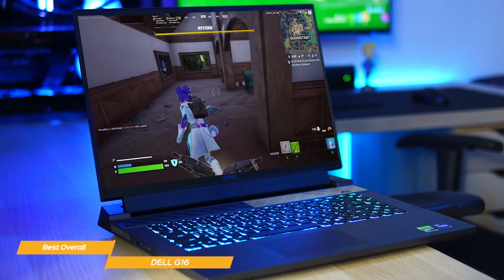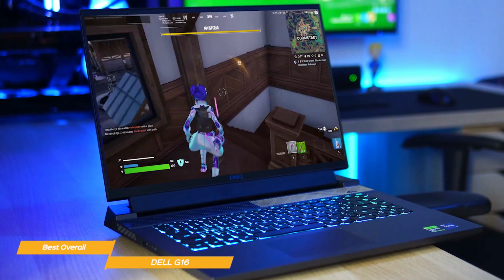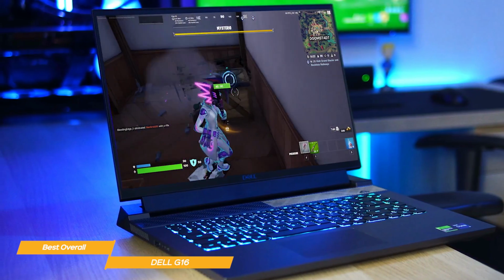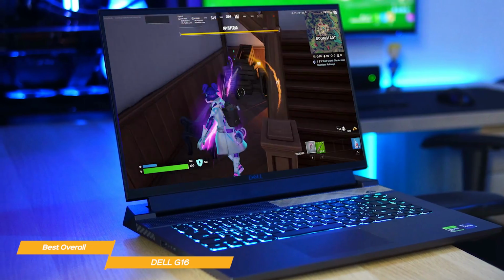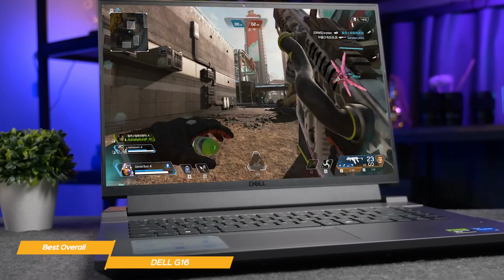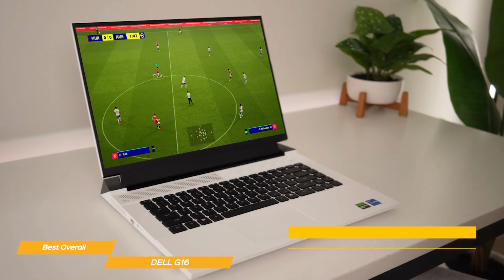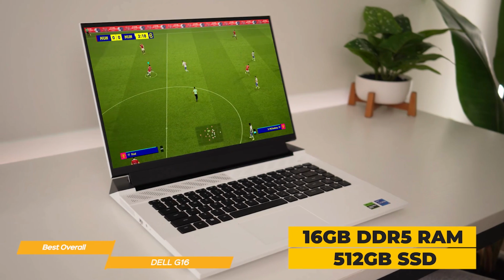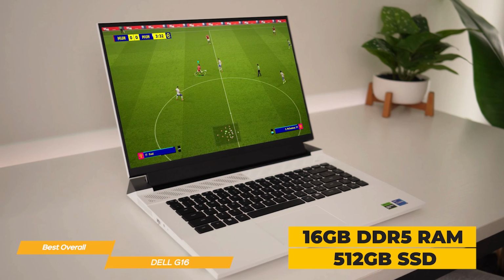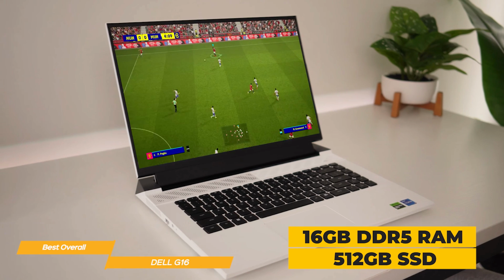The graphics card features the NVIDIA GeForce RTX 3050 or 3060, so you're looking at a machine that can run modern games at high settings at a great price. This is it right here. You should have no problems with even visually demanding games. And with up to 16 gigabytes of DDR5 RAM and 512GB SSD, you get both speed and plenty of room